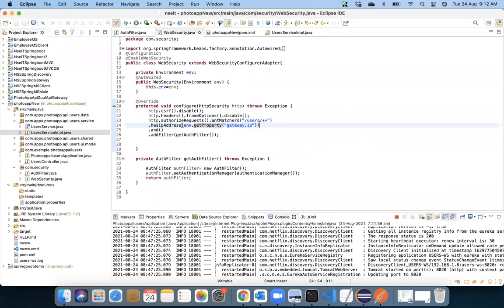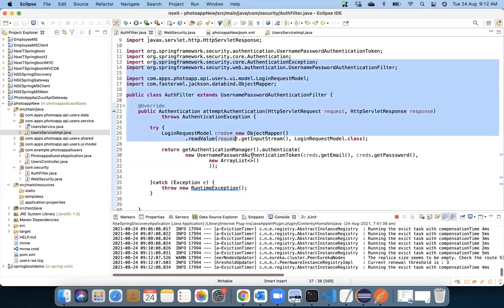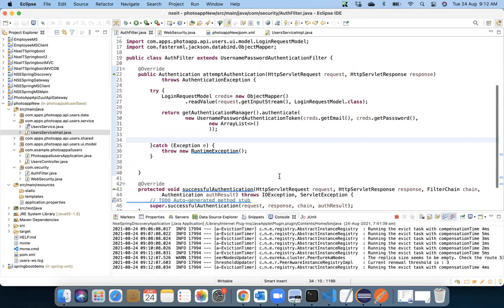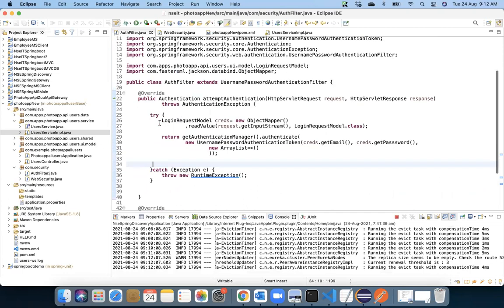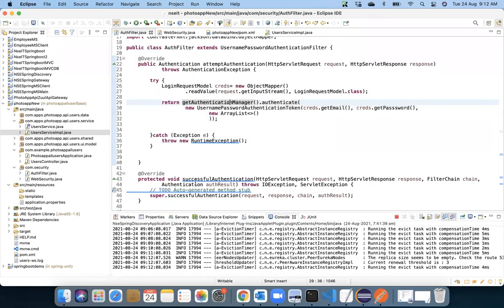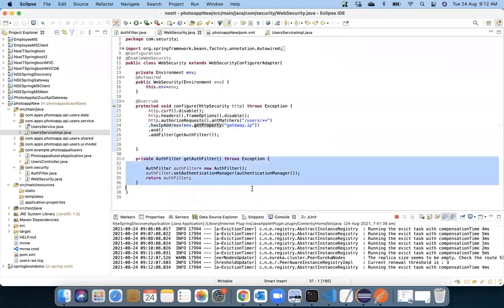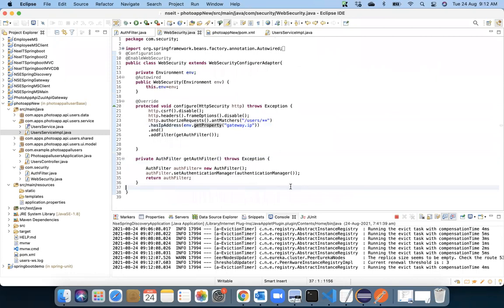And later on, we want to make sure that the login validation also takes place. So we enabled this filter. This filter is half done because we are yet to write a lot of additional logic to make this possible. But initially, it is using this login request model, which is a new class we have created, having two properties, email and password. It will read those values and confirm whether the user is activated or not. Based on that, the next value will be taken up. We are overriding two methods: attempt authentication and successful authentication. And this authentication filter we are configuring under the web security. Then only this filter will be working for you.